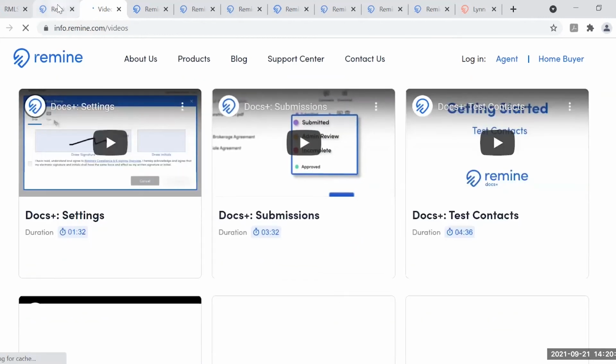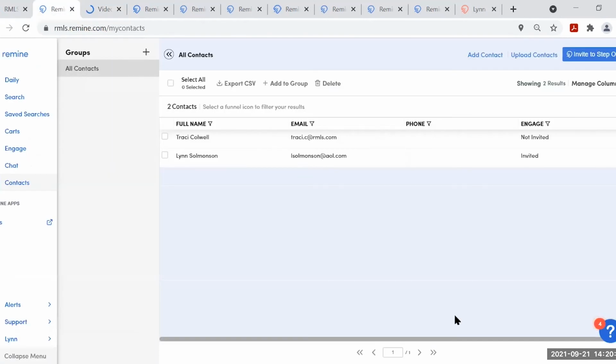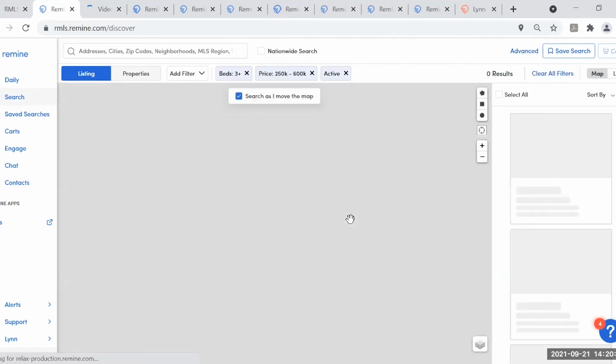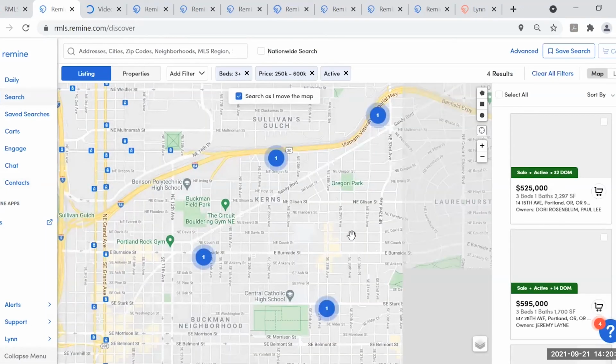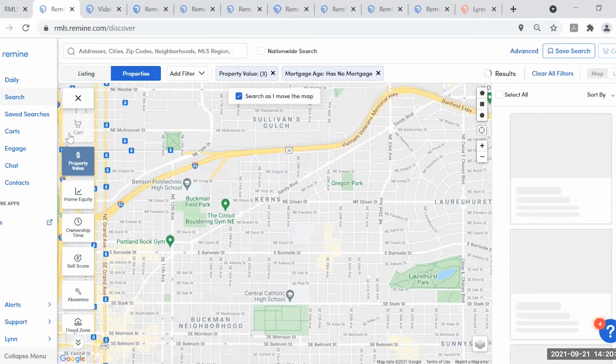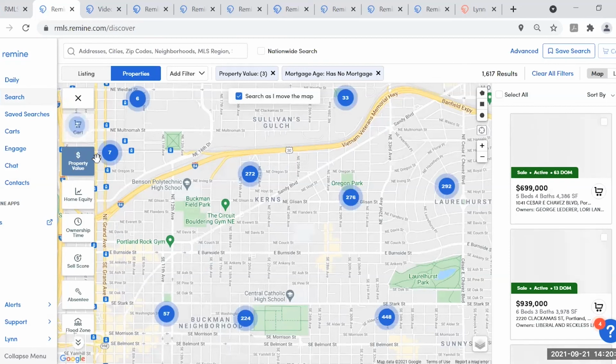So definitely take advantage of that. Okay, and as I said at the beginning, I showed you what I think Remine does best, when we were applying all of those filters to the properties, trying to drill down and find out where to go and try to get a listing.